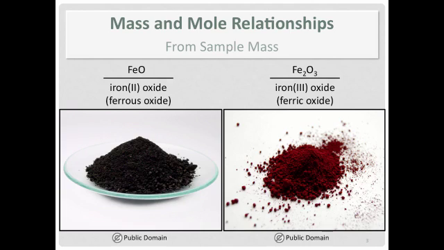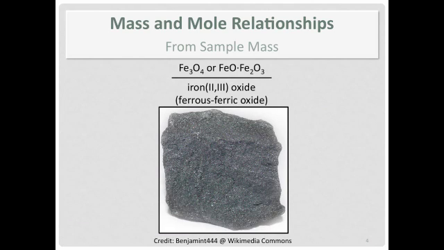That's because this is something called magnetite, which is also known as lodestone. It has a combination of iron 2 and iron 3 oxide in it. And what obscured that was you were only told the masses of the elements, not the charges. So in a mole ratio, the iron 2 and iron 3 oxides are combined together in a mole ratio of 4 moles of oxygen to 3 moles of iron.